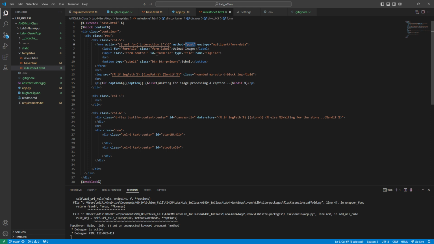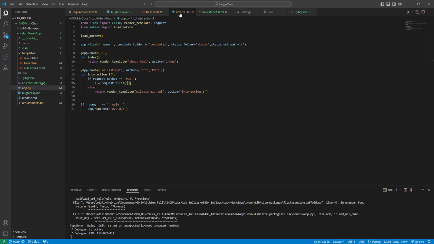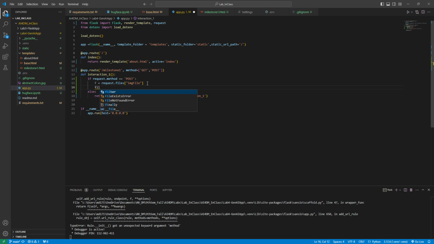Not label, name. So here you can see the name for this input field is image file. So I need to copy this and put it there, image file. So f or file is equal to image. F is the directory that I'm storing files. File equal to that, and then file_name is equal to